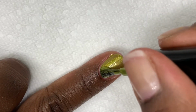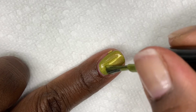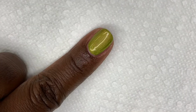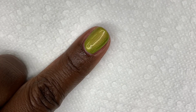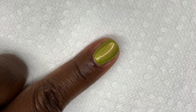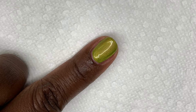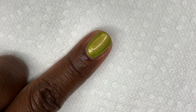Oh, wow. The formula for Sweater Weather is beautiful. I picked up a little too much. What a gorgeous shade. This is definitely a one coater for people with short nails. So pretty. Okay, I'm gonna allow this to dry. I'm gonna look at it and I'm gonna decide whether or not I'm going to go ahead with 2 coats